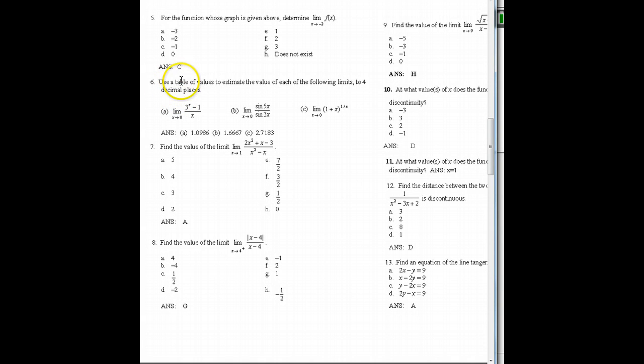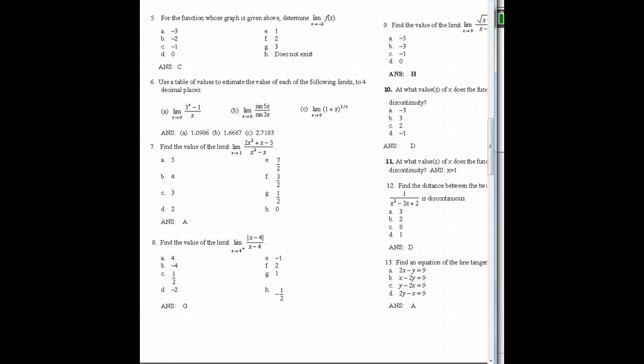So for number 6, it says use a table of values to estimate the value of each of the following limits to 4 decimal places. So for the first one, it says find the limit as x approaches 0 of (3^x - 1)/x. I think the easiest way to do this is to make the table of values in your calculator. You could do it by hand, but I just think if you have a graphing calculator, it's